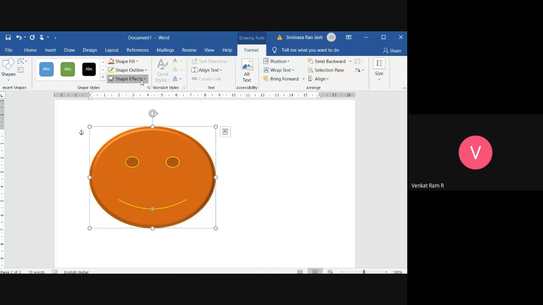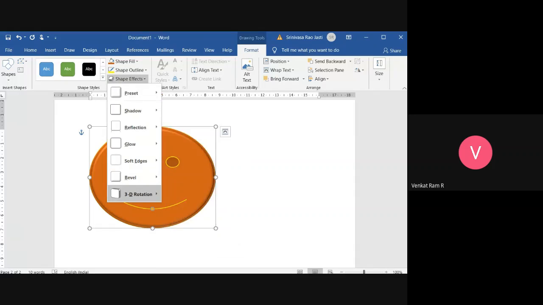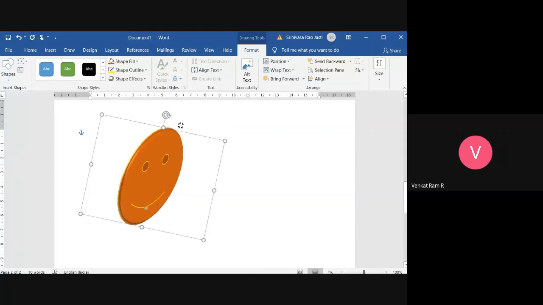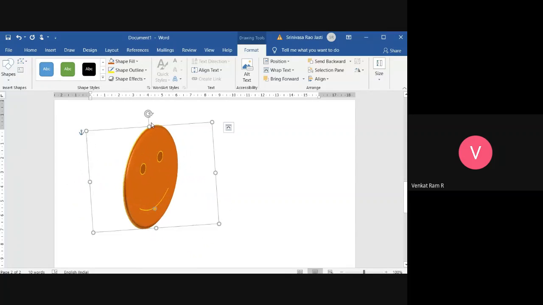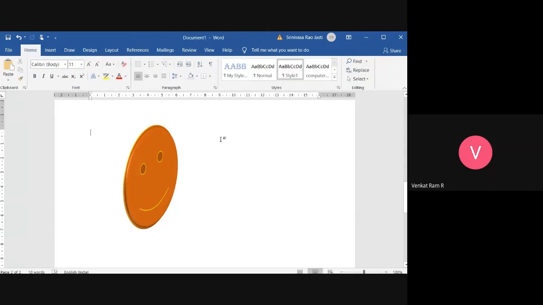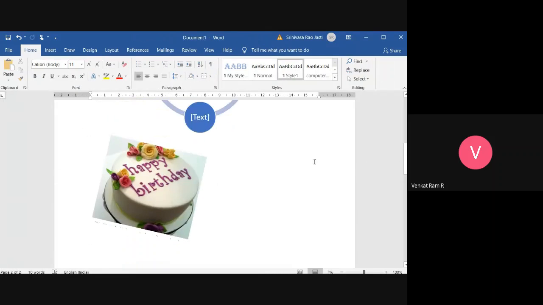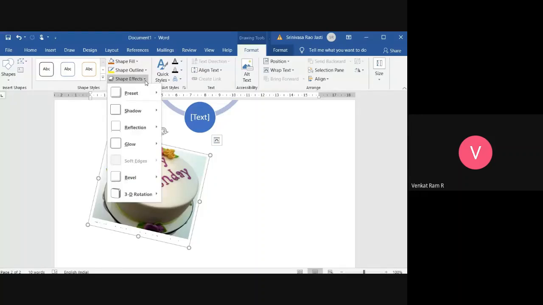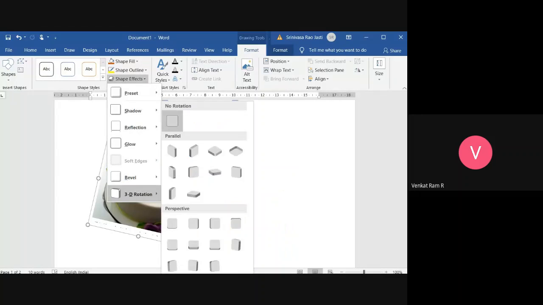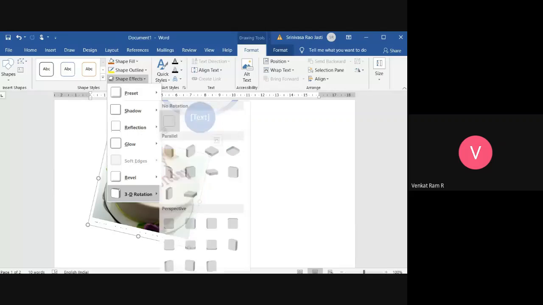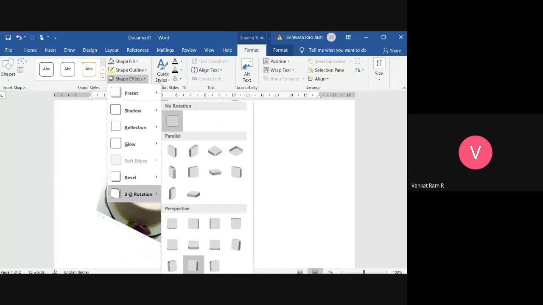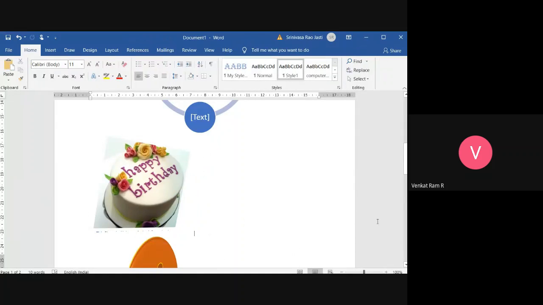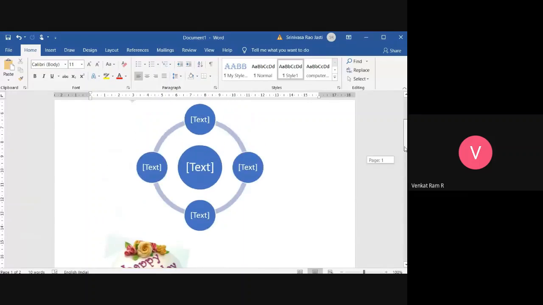You are getting a shade. So these are different options for the shape, and the same can be applied for this also. So go to format, shape effects, go to 3D rotation or anything, whatever you want. You can select anything, and whatever changes we apply, it will come.